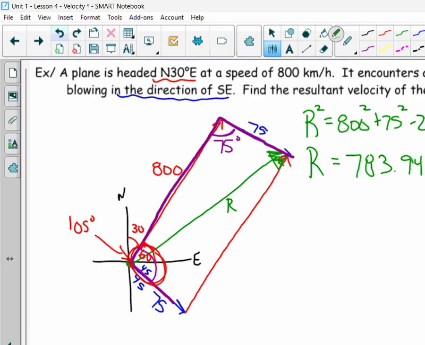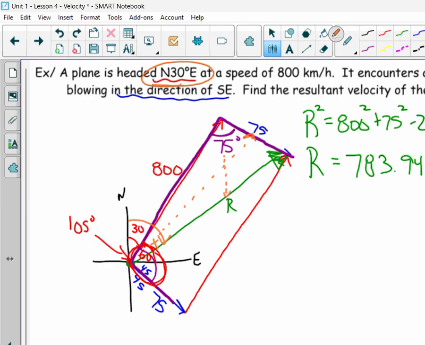So I'm going to go back to my picture and I'm going to say to myself, well, the plane was going along the red line, but it ended up at the green line. So instead of going north 30 like we were trying to do, we actually ended up going over here. So if I can find that angle in between, I can say it's going to be 30 plus a little bit. This is going to be a sine law question because x is across from 75, and this 75 is